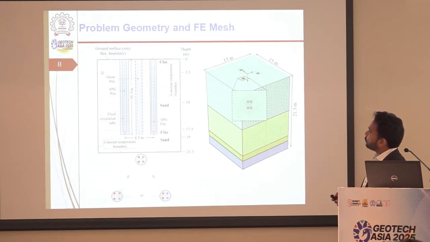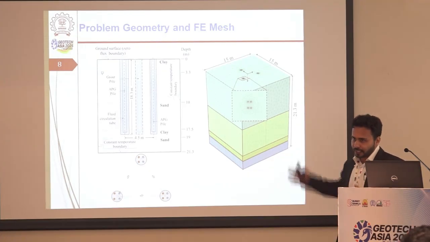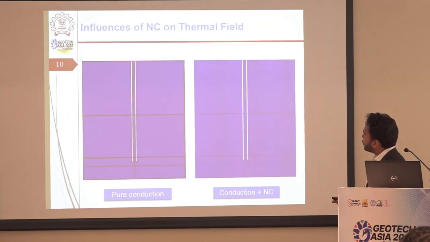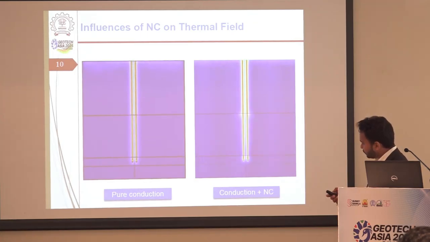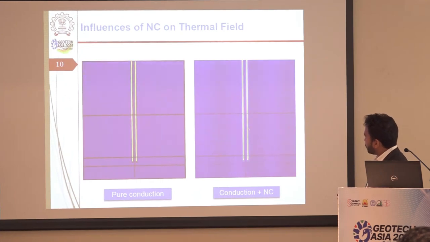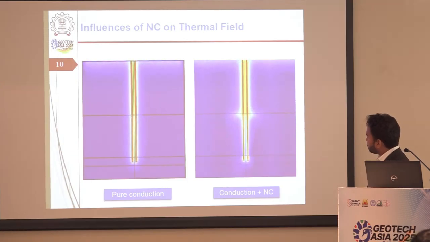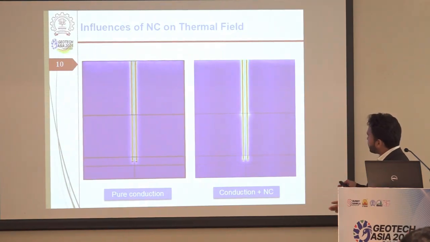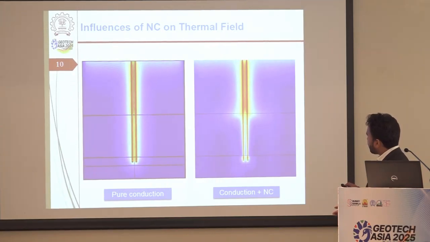So we thought about how the natural convection process is going to affect the entire heat transfer process in this medium. We used finite element software for this design, and here we can see the influence. In the sand layer, heat transfer is happening very fast compared to the clay layer. Initially, when natural convection is not triggered, you can see that the process is almost the same in both. But as time progresses, in the sand layer, you have a very high